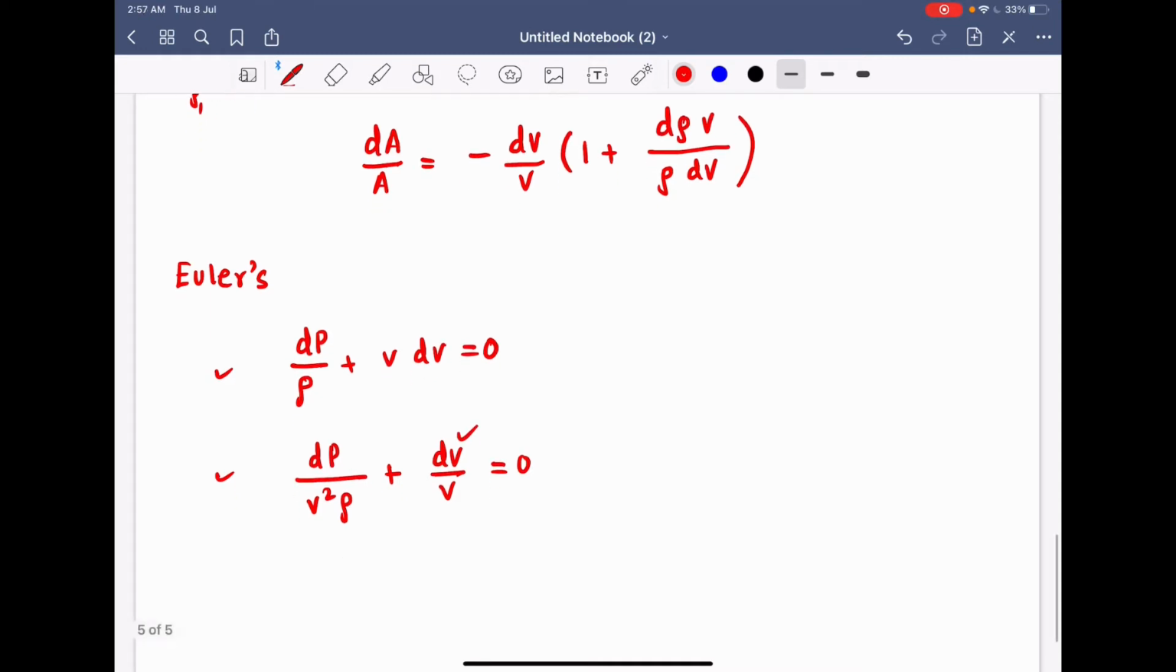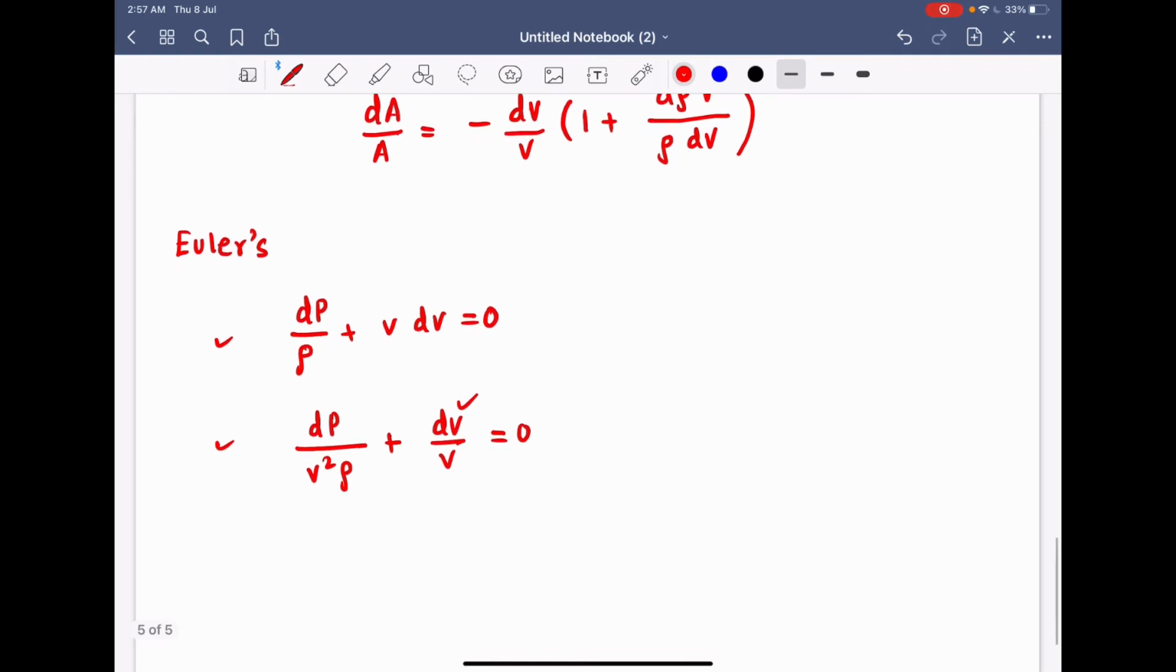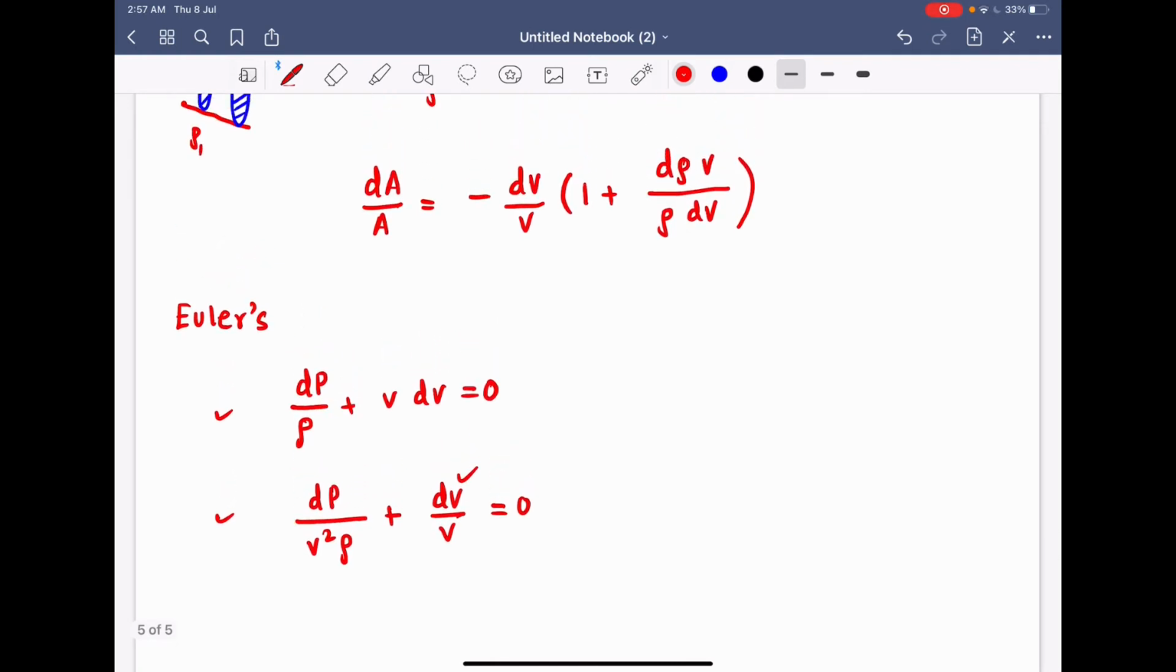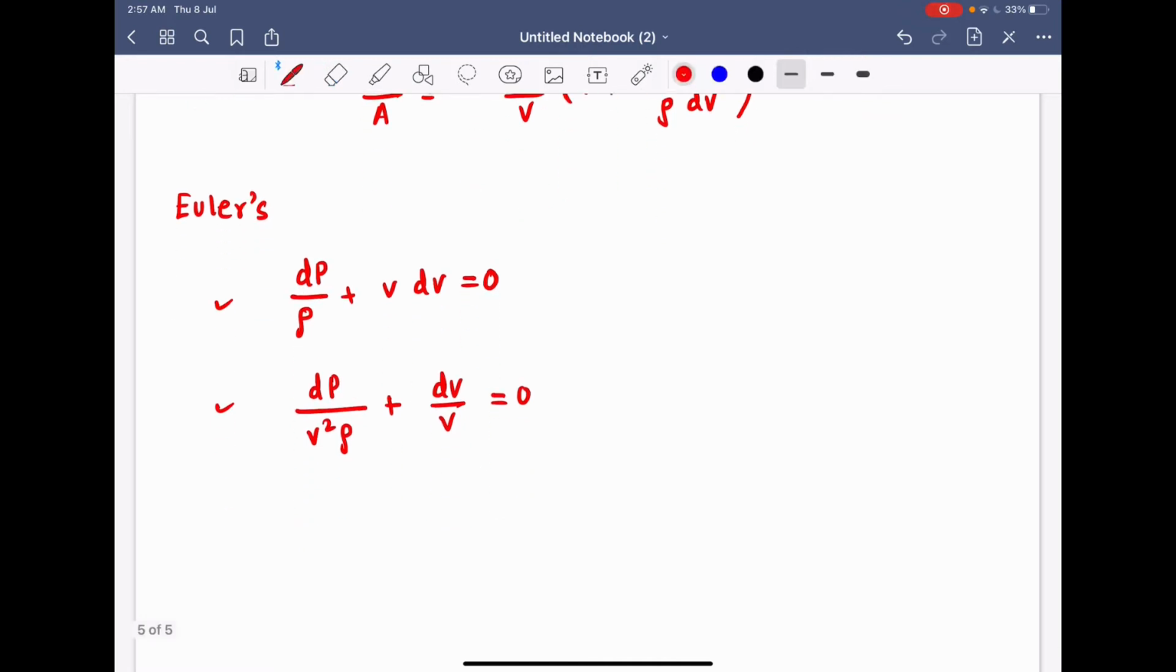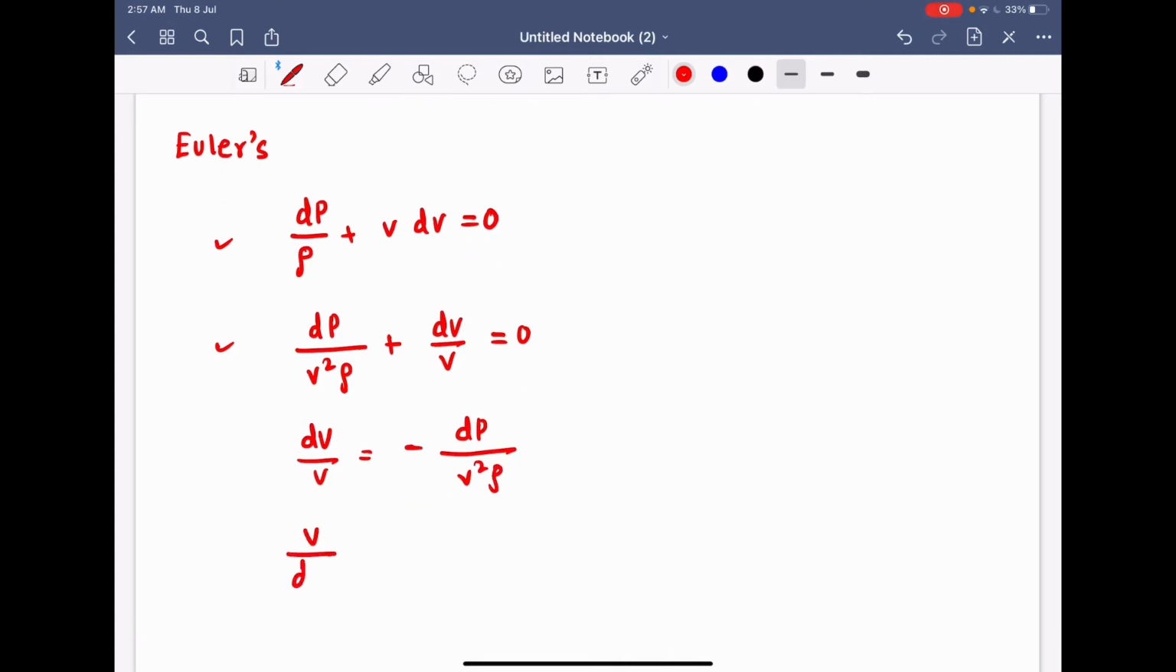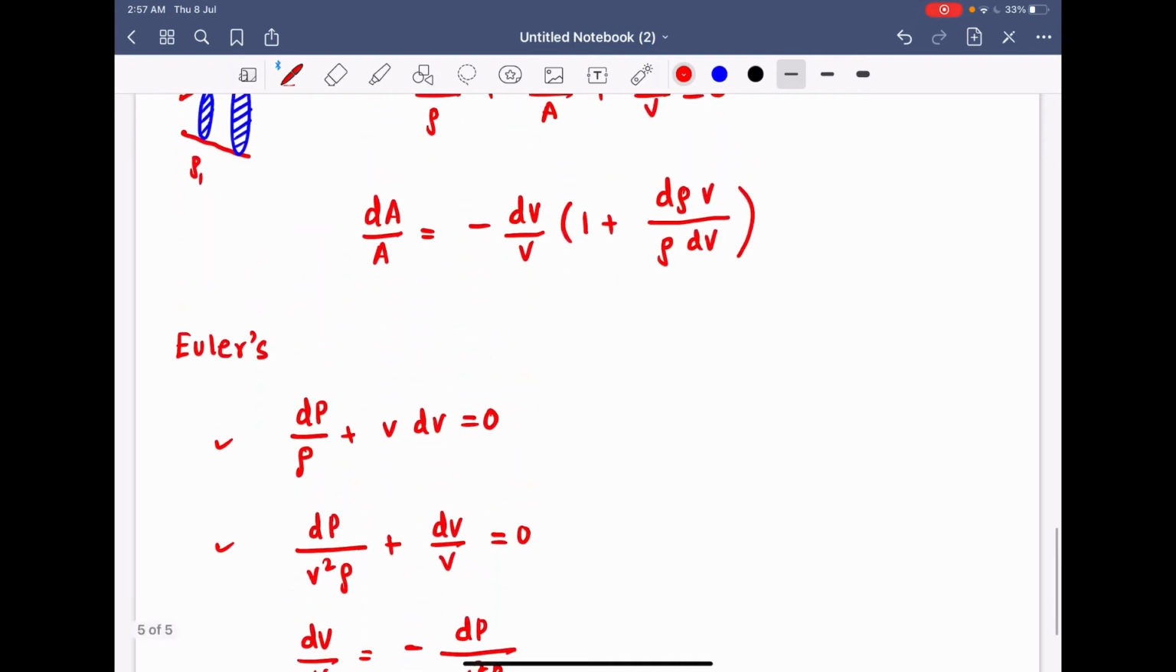So over here I can write that dV by V is equal to minus of dp by V square into rho. So that means from here we get that V by dV is nothing but V square rho by dp. Okay, now substitute. In this beautiful equation we have dA by A, on the other side we have minus of dV by V, plus,